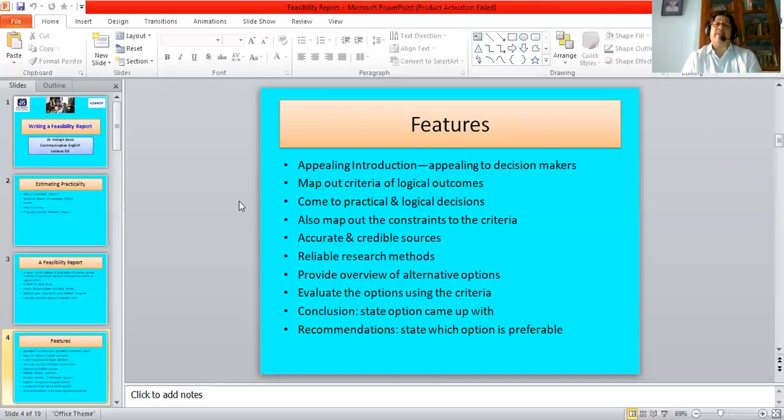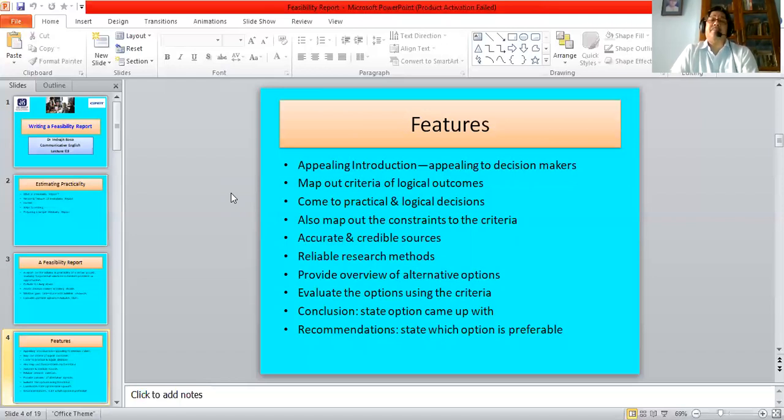You have to use accurate and credible sources in order to do this kind of a realistic study or mapping. Also, reliable research methods have to be used. The data that you supply needs to be 100% accurate, of course, because otherwise you will not be able to do any kind of a future projection or planning. Also, a realistic overview of alternative options is given by the report, and we can evaluate the options using the criteria. The conclusion of this report comes up with the conclusive observations based on the findings,